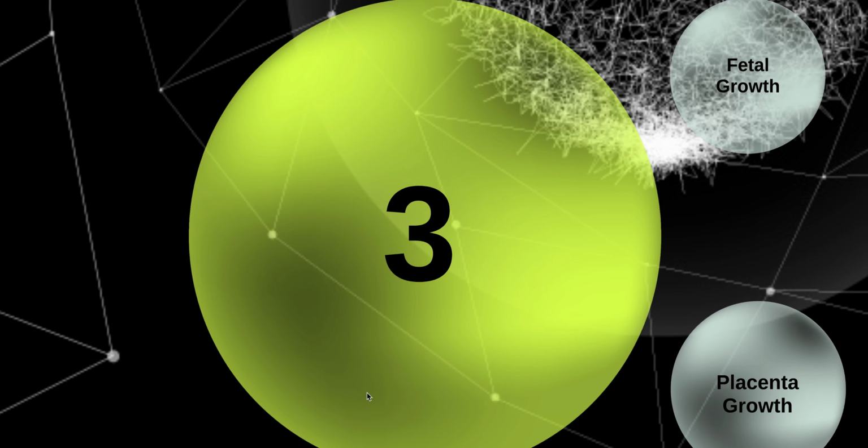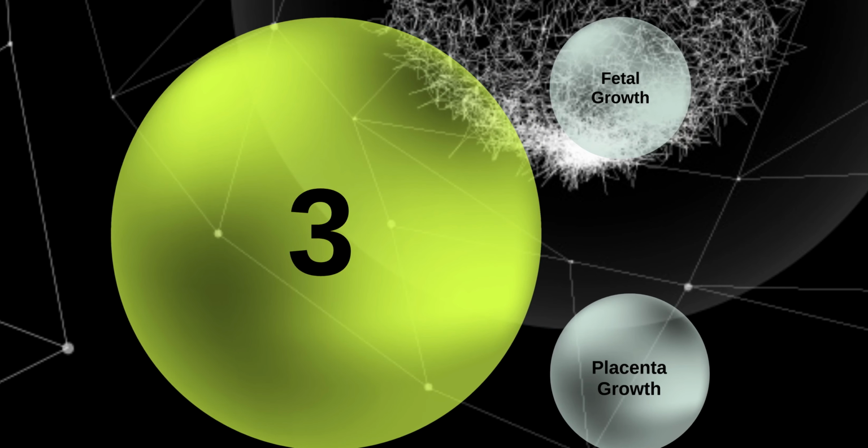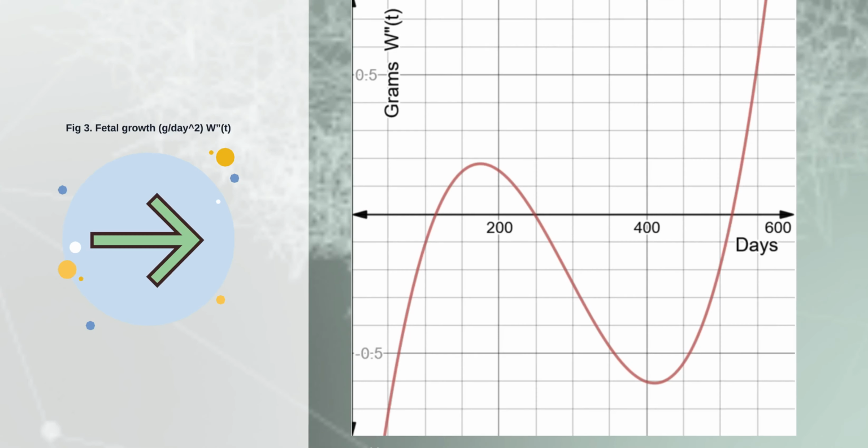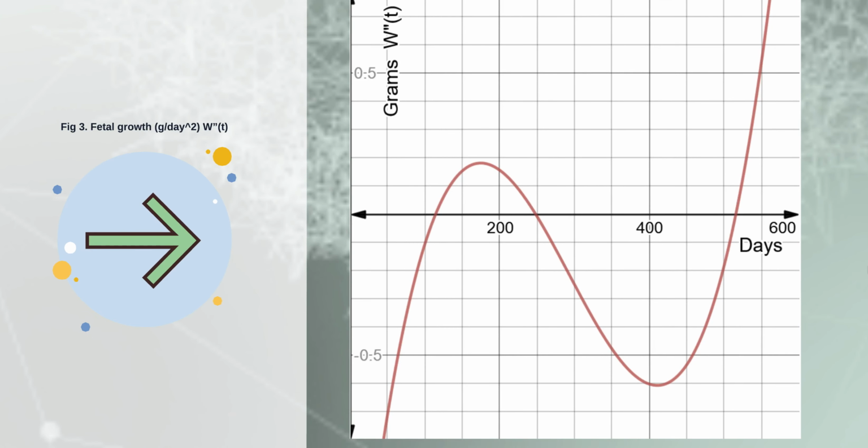And the next 2 slides are going to show where exactly the inflection points are, to the best of our ability to maneuver Desmos in a way where we could enlarge the graph so that it is clearly shown for both the fetal and the placental growth. So for the inflection points for figure 3 fetal growth, grams per week, double